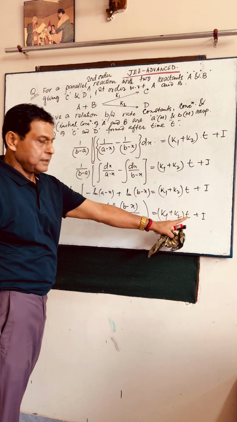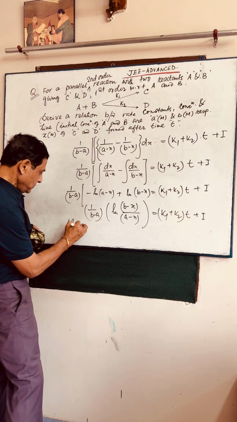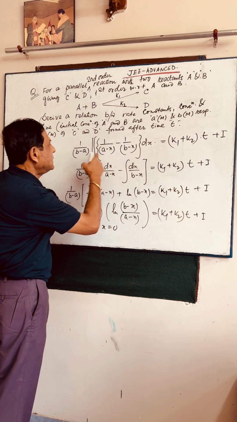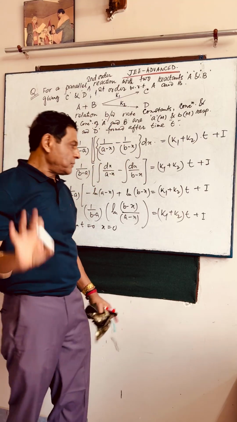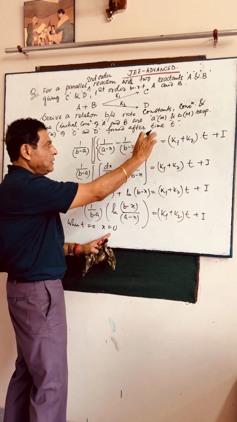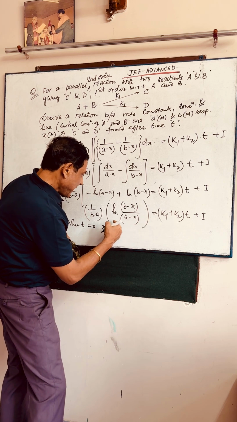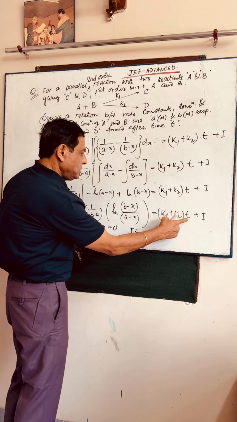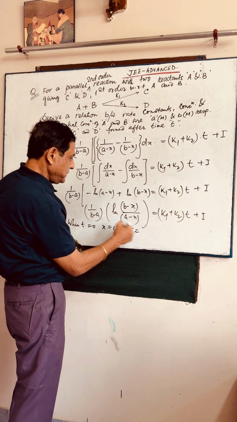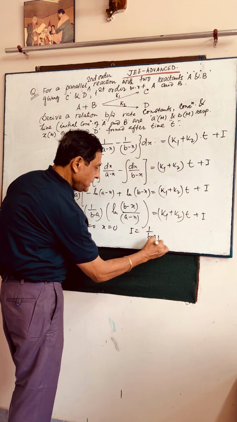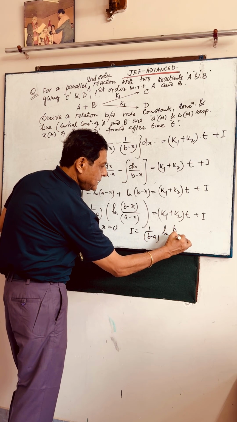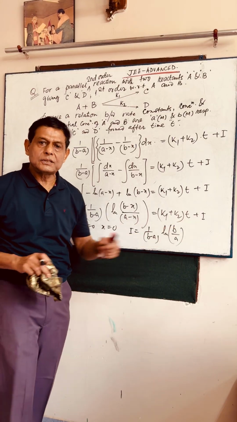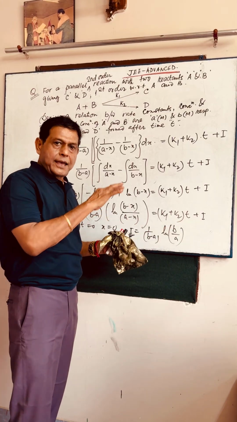Let us consider one condition. When t equals 0, x is equal to 0. At the commencement of the reaction we know there is no product C and D. So from t equals 0, x equals 0, the value of I will be 1 by (b minus a) ln(b by a), because x equals 0. Now this value we will insert here and we will get the final equation,